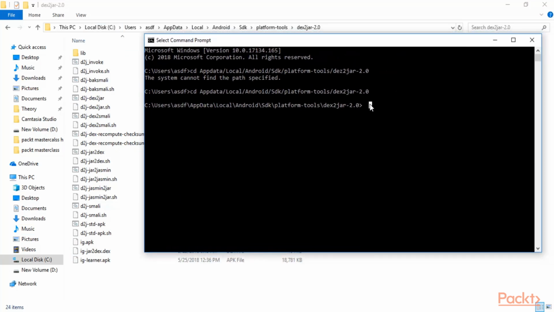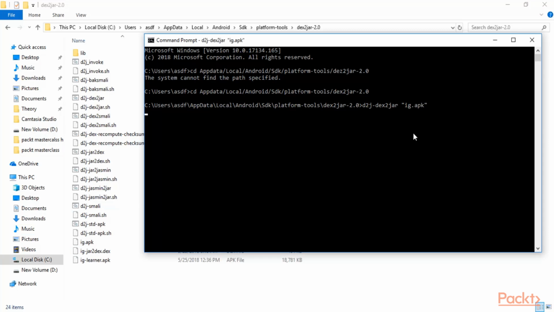So simply you can type here d2j-dex2jar space, and inside double quotes you can type the name of the APK file. If your name is iglearner.apk, type that here. Mine is ig.apk, so I can type here ig.apk. So I hope it will convert into a jar file.